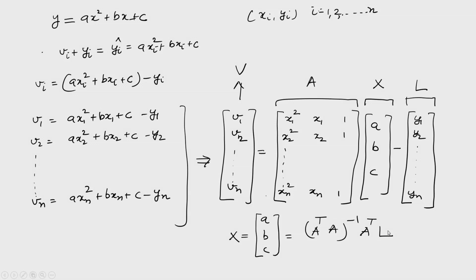Again, let us look into the dimensions. A is nothing but, I can say, an n into 3 matrix, here a 3 into 1 matrix, here an n into 1 matrix, and here V is an n into 1 matrix. So, you try to find out whether the X matrix is 3 into 1 or not. You will get it. We have done two examples, and you can now formulate any problem.